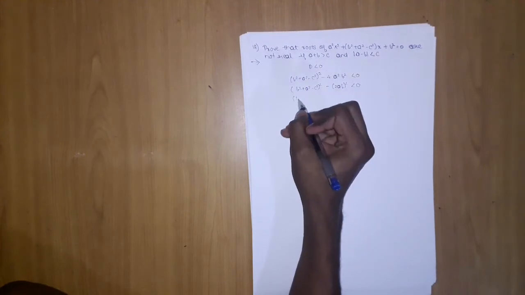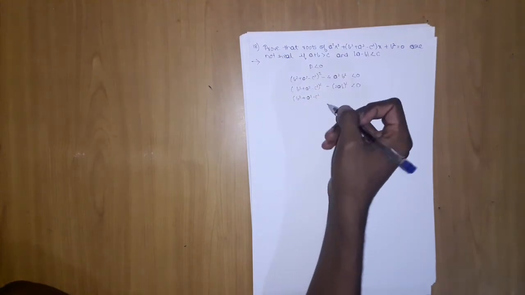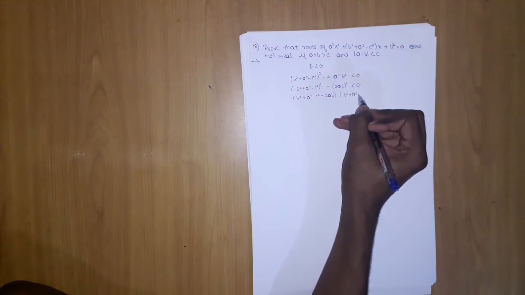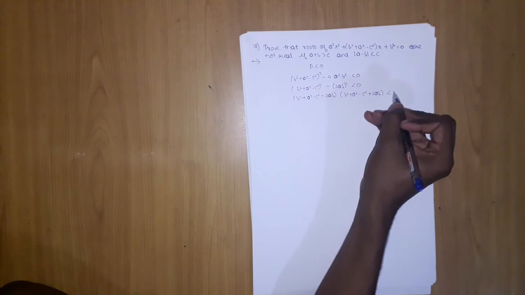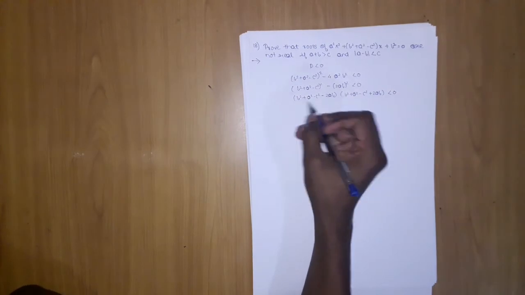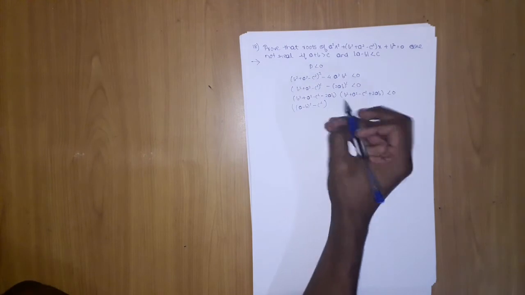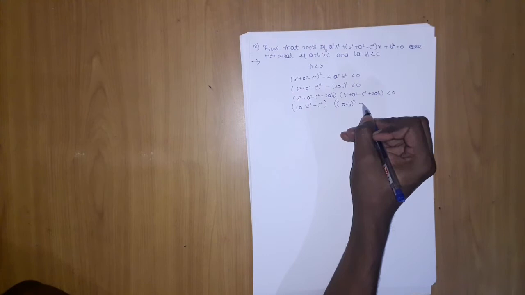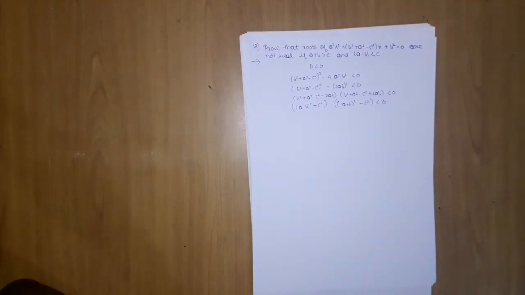Now I can apply a minus b square, minus plus a square minus c square, because I want to create something a plus b the whole square minus 2ab. b square plus a square plus minus c square, minus means plus 2ab should be less than 0. Okay, after doing this, what can we do further? We can make it a minus b the whole square minus c square. We can make it a plus b the whole square minus c square, less than 0. Okay, so we got this.